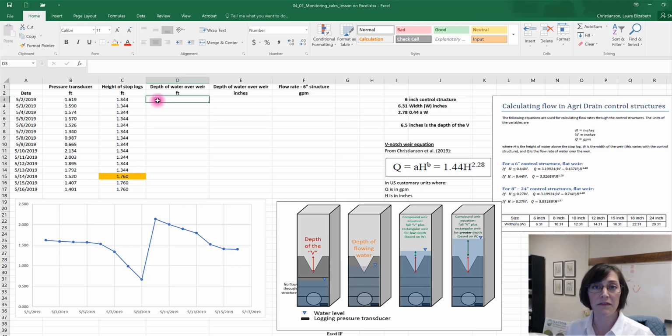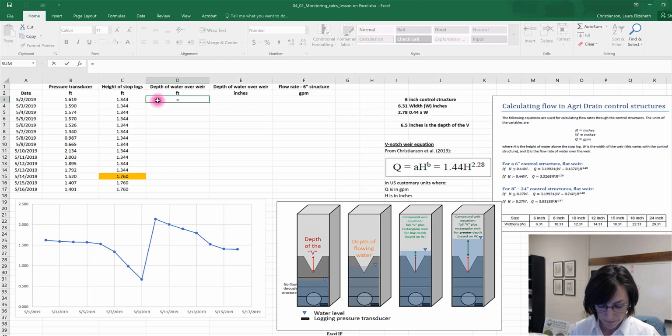Let's do our first if function. Depth over the weir. So this is a simple subtraction, but I'm going to go ahead and use an if function here. So I have an extra set of parentheses there. If this, my pressure transducer height, minus my height of my stop logs, is less than 0, that would be basically this first scenario here.